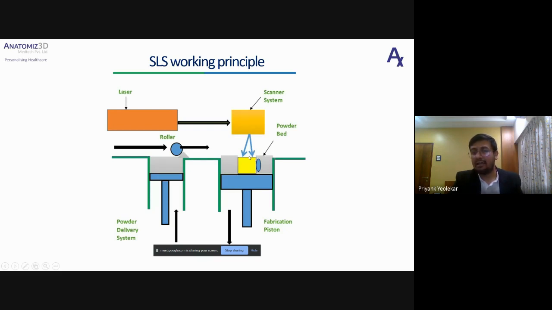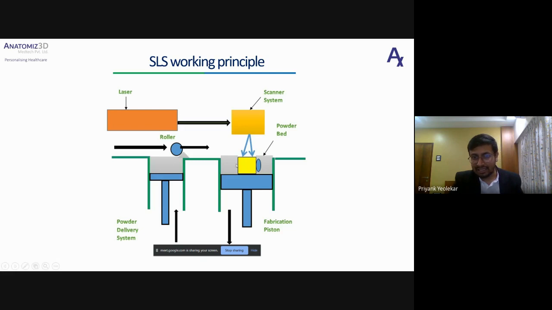After every layer, the piston moves downwards, and the powder delivery piston moves upwards, and the roller rolls again, and spreads a very fine layer of material over the fabrication area, and that is how the process continues, and layer by layer the parts are printed.